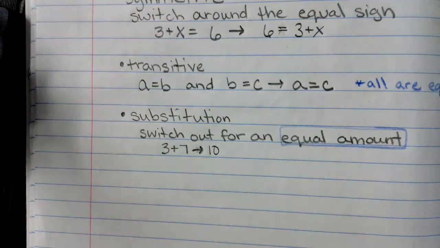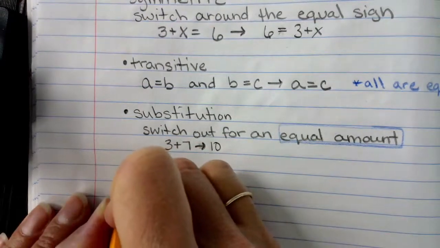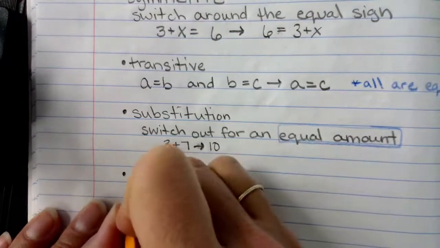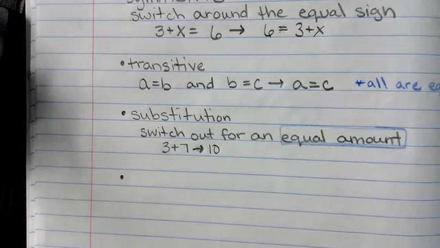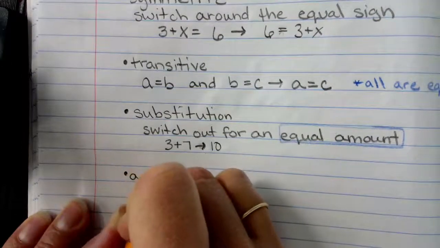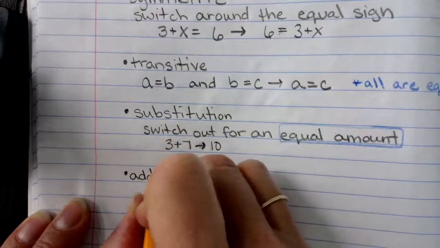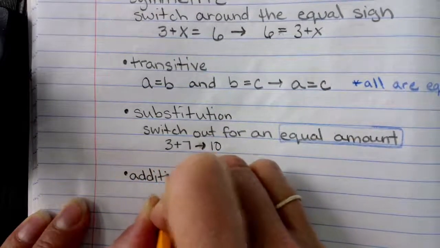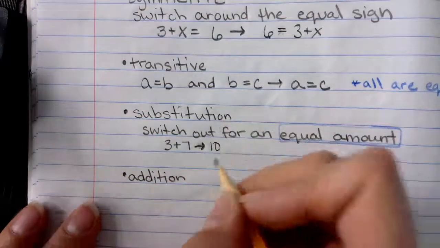All right, the next property of equality is kind of a long one, but it's one you're really familiar with. That's when we can use, you did this on our warm-ups. So if you look up here at Damien's first one, when we looked at his first step, he knew that to undo minus 7, he had to add 7. To undo that multiplying by 6x, he had to divide by 6. The last property of equality that we're going to talk about is addition, subtraction, multiplication, division. I know that maybe because they were technically all four separate, but they all